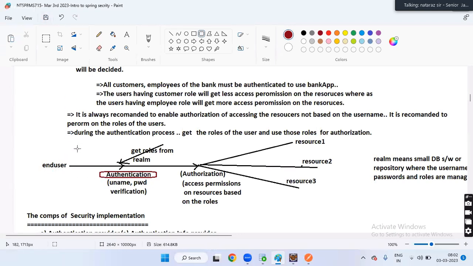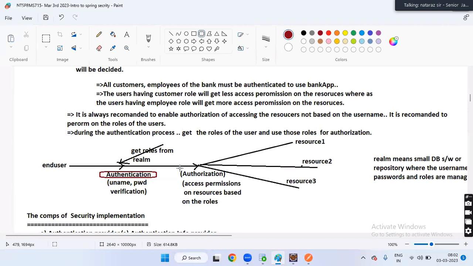The end user gives the username and password, guys. These are the username and password given, compared with those collected from the Realm, which were stored after registration. If authentication is successful, authorization to use resource 1, resource 2, resource 3 will be decided.